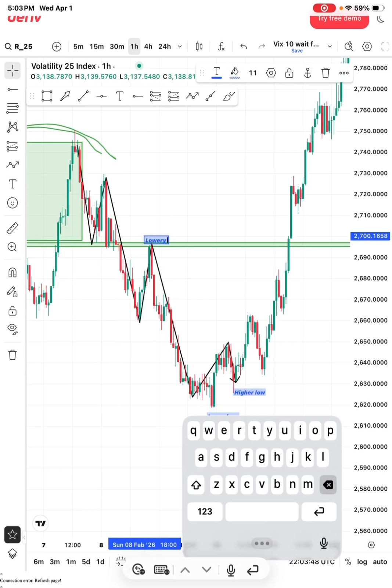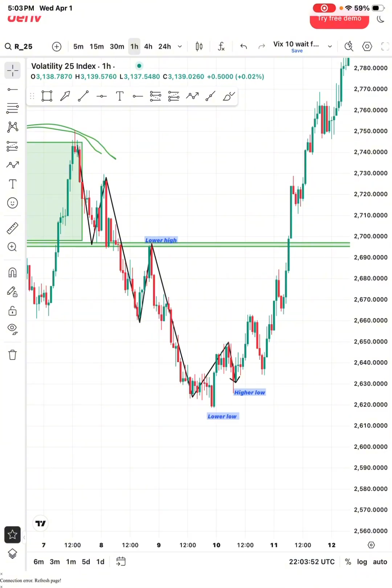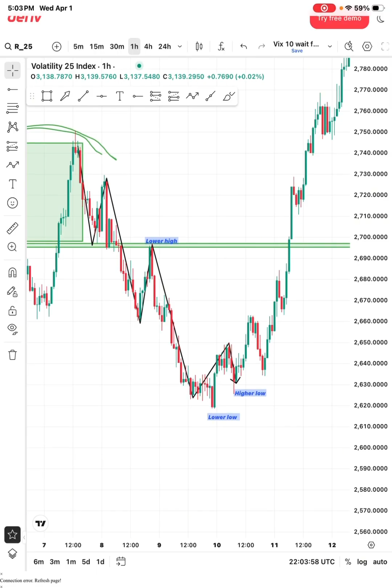Lower high was right there, and then the lower low right there. Then we see price start making bullish momentum go up. So we see lower lows, we see a higher high, higher low, higher high, higher low, and then price reaches